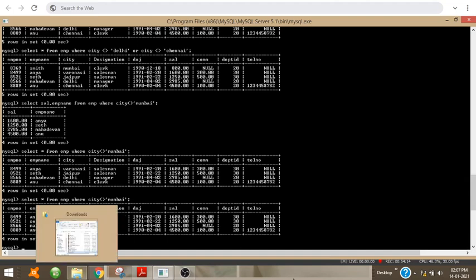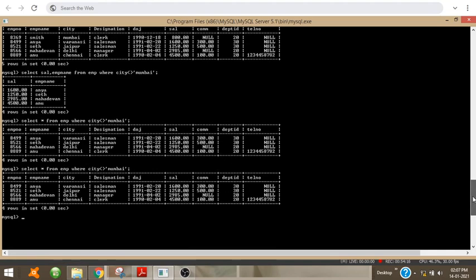Now we can use the not operator. What the not operator will do is reverse, negate the output. The output of city not equal to Mumbai is like this.